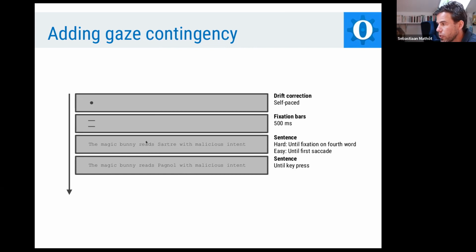So as soon as participants are looking here with their eyes and they're about to make an eye movement, they've already kind of anticipated that they're going to see Sartre. But then what happens is they make the eye movement that actually lands on the word Pagnol, with malicious intent. And then the idea here is that if you do this,